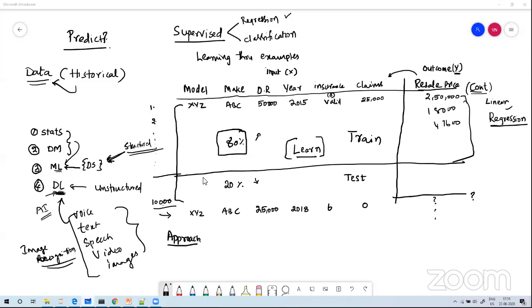So in layman's terms, let's say we have a subject and we are learning that subject from a textbook, and in that textbook we have a lot of solved examples. Now in the test paper, if I take the solved examples from the textbook as they are and give those questions in the test,